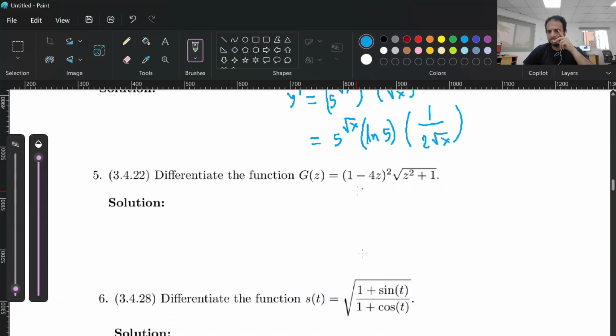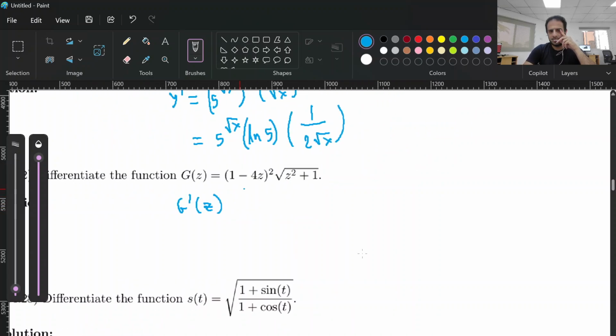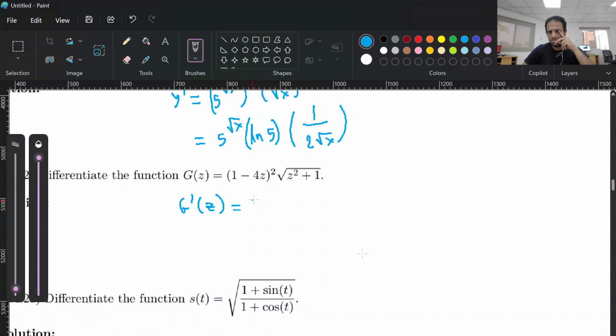You'll use the product rule and the chain rule. So g prime of z equals square root of 1 minus 4z, so you want to start differentiating the square root, right? What's the derivative of the root? 1 over 2 square root of z squared plus 1, times 2z. Plus